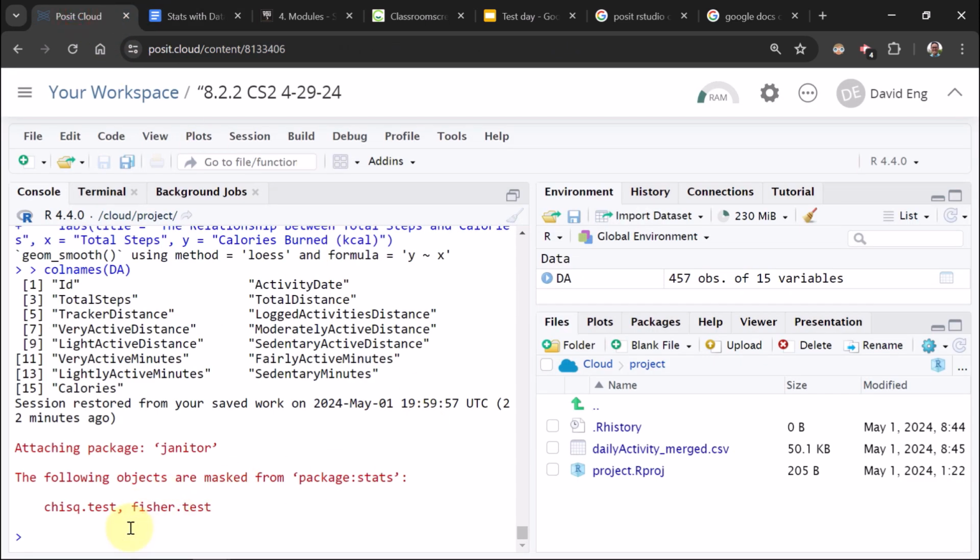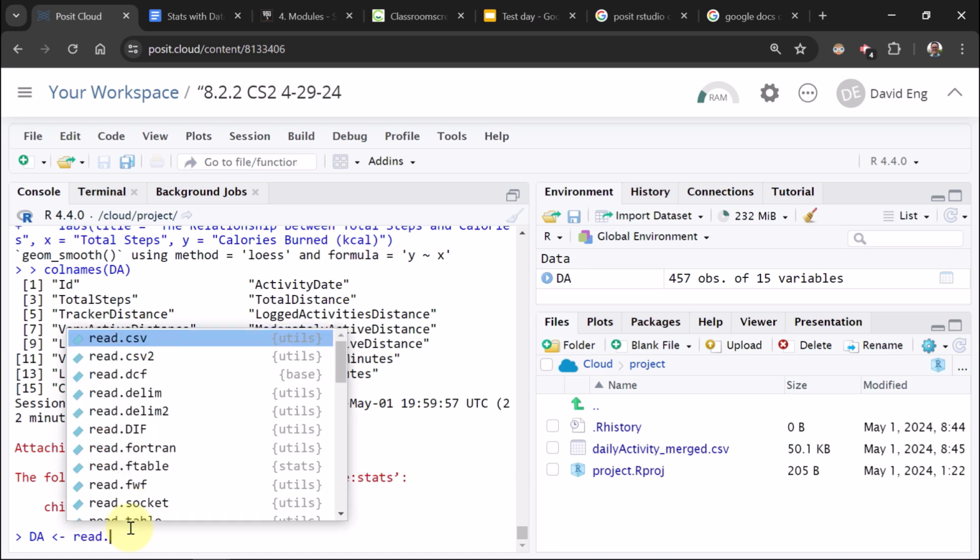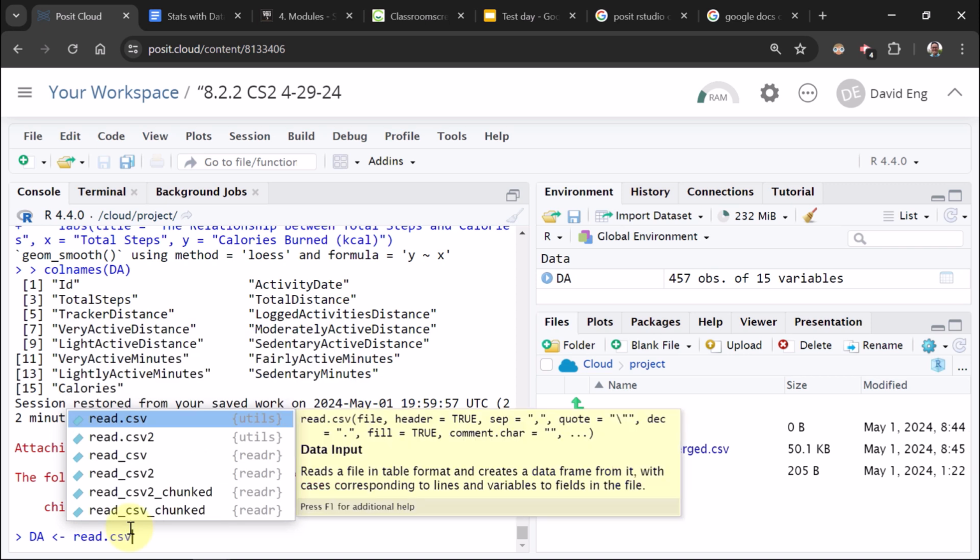So in your console, type capital DA. So basically I'm assigning the variable, space, this less than symbol, which is next to the M, and then a hyphen, which is next to the plus sign in the top right of your keyboard, space, read.csv.